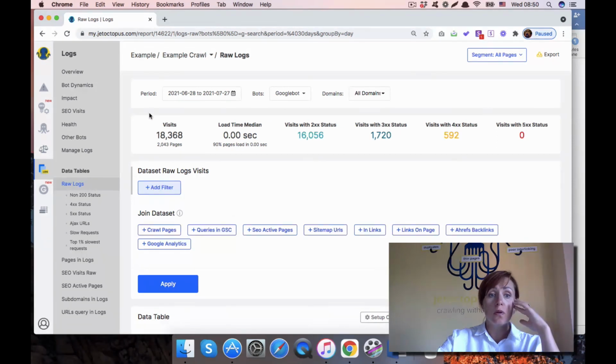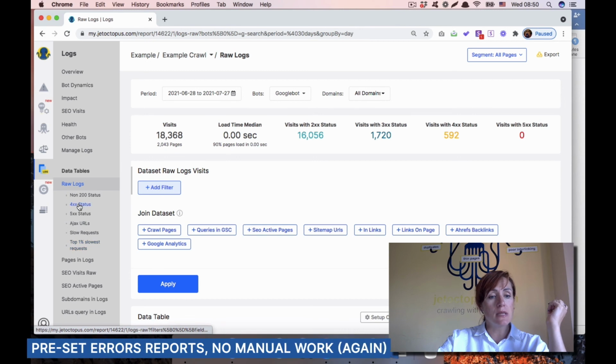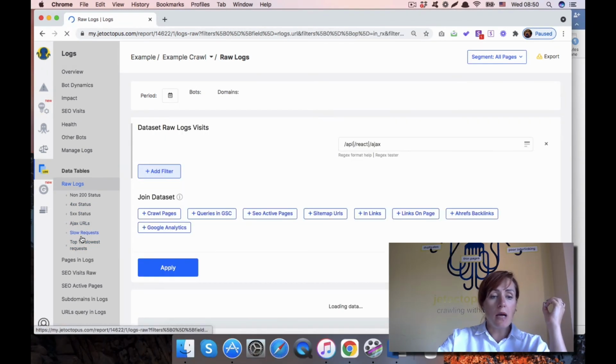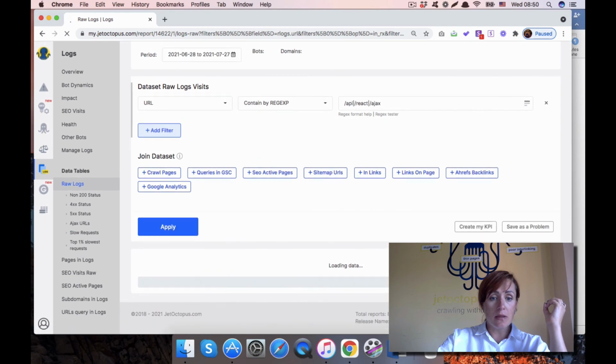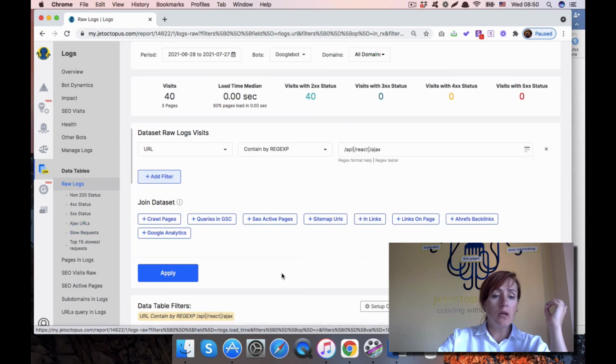And first of all, you quickly get the big numbers about really critical errors like 404, 500 status codes, 300 status codes. You have a lot of preset reports here like Ajax URLs and slow requests, and here will be the list of these URLs. These status codes, then slow requests,